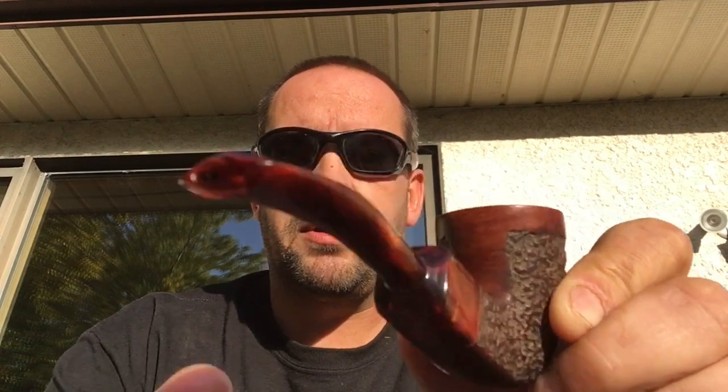And yeah, it tapers. You can't really see it in this light, but it funnels a good 1/2 inch down. But for some reason this pipe smokes the best. It smokes reasonably cool now that it's built up a cake. When I first got it, I knew it was kind of a hot smoker, but